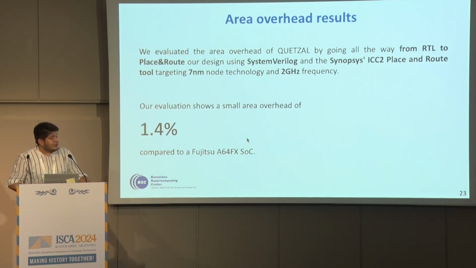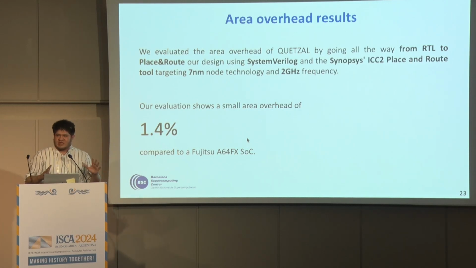Finally, we evaluate the area overhead of QUETZAL using the Synopsys ICC2 place and route tool, targeting 7 nanometer technology and a 2 gigahertz frequency. We show that all the benefits that I just told you, that nice 5.7x better performance, and all the performance against the GPU, come with only 1.4% of extra area overhead. That means that with minimal changes and better use of the hardware available in the CPU, we can actually get